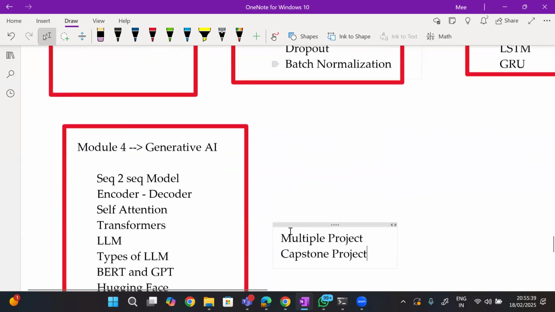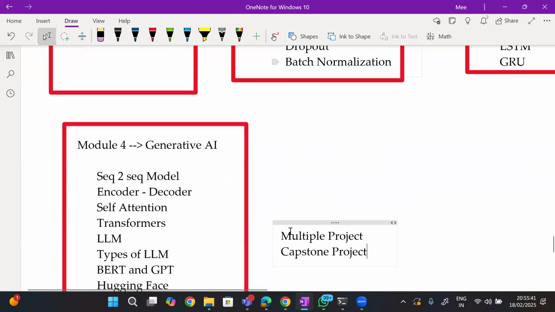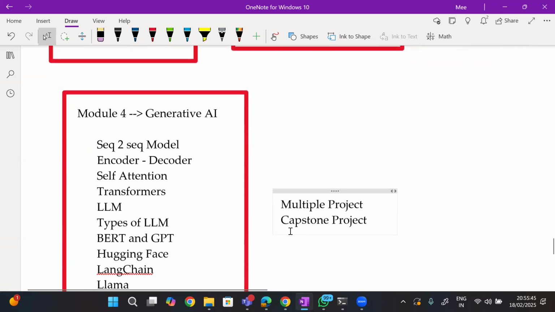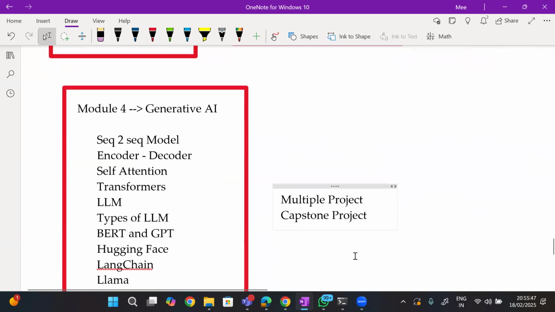Any queries, guys? Any queries, please? So the outcome of this course is, like, you are comfortable with AI, or also you will be an AI provider or AI developer. What is the outcome of this course?